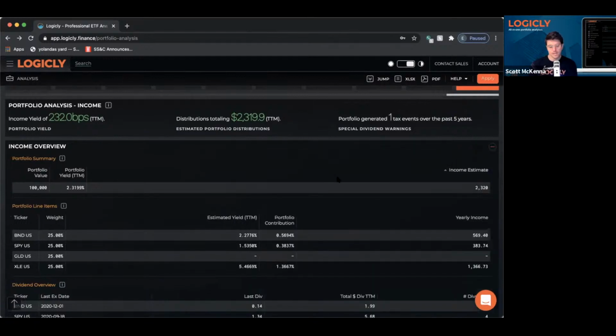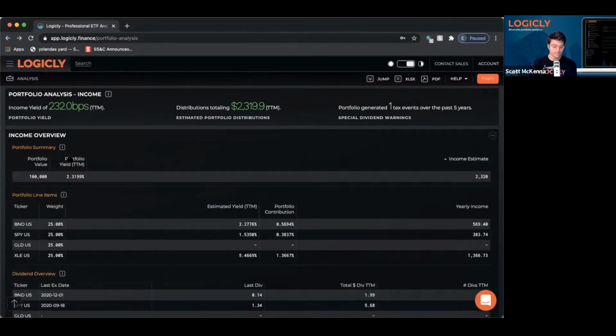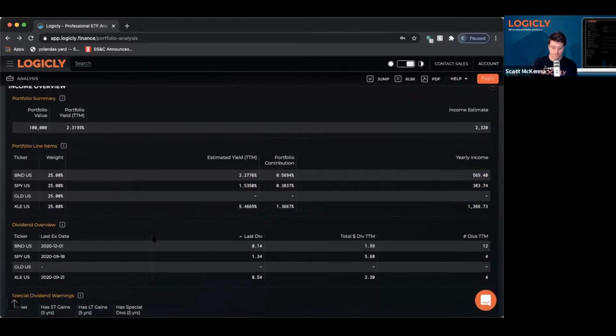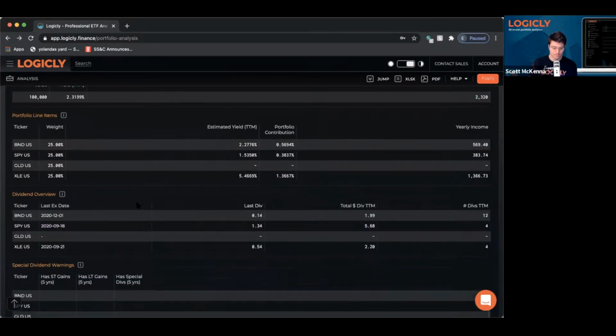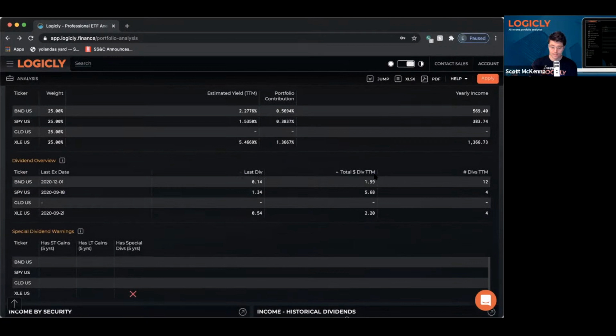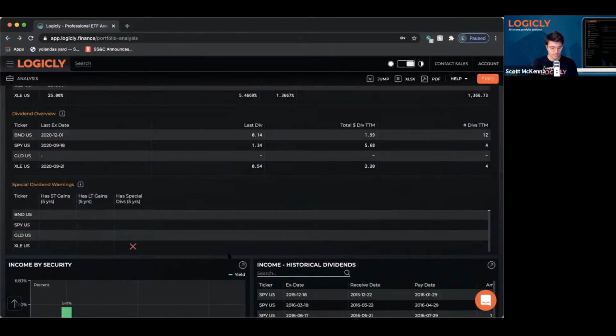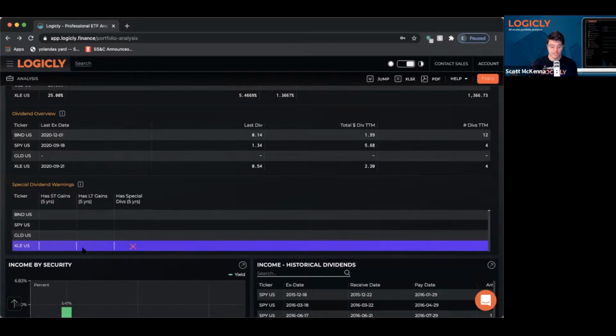And then when you break that out, right, you can see the portfolio yield percentages, the line items, when was the last dividend, with the total dividend. And then you can see the special dividend actually came from XLE in the past 5 years.